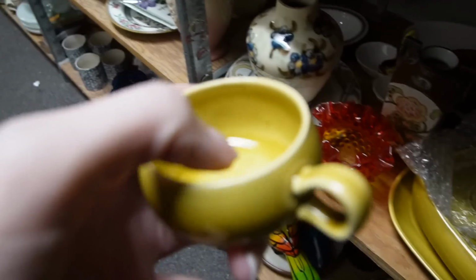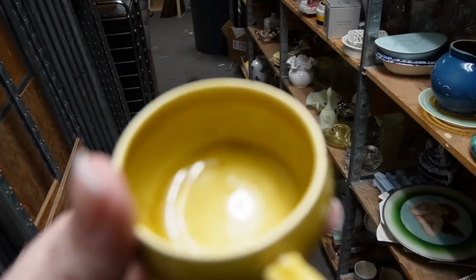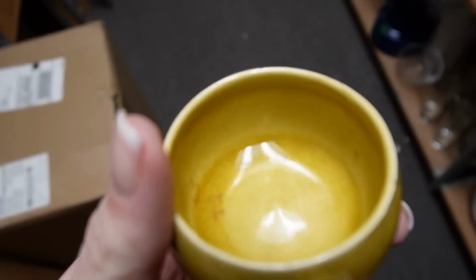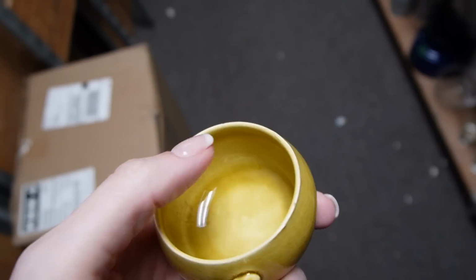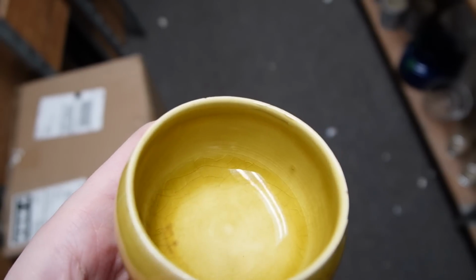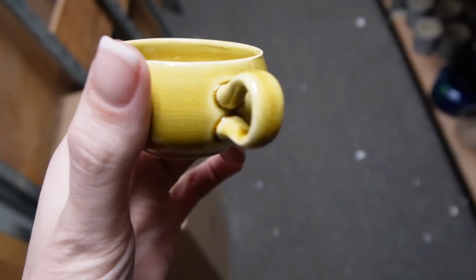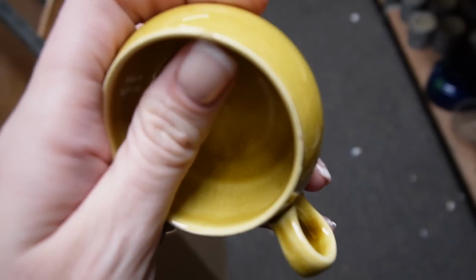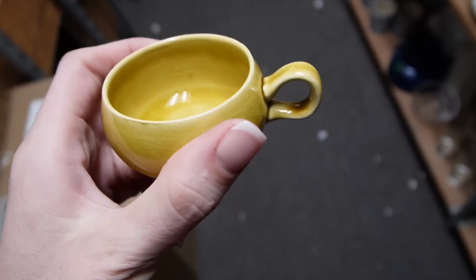Here is the little cup, and maybe you can see there on the edge, there is like a little, it's not going to focus, right here. It looks like it was the start of a chip and it never fully became a chip. So there is a little bit of a boo-boo there on the edge. So I'm going to have to note that in the listing before I make this live,